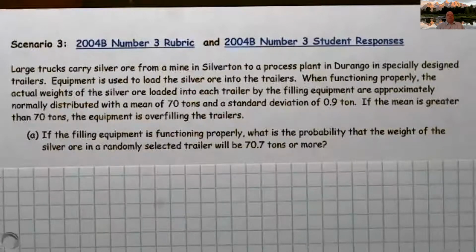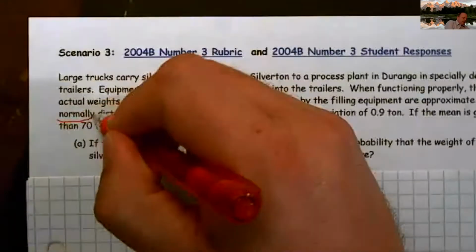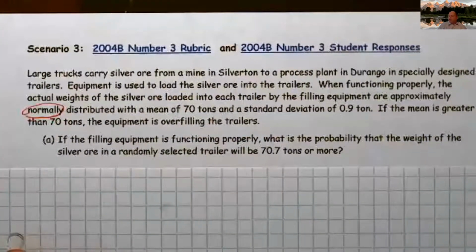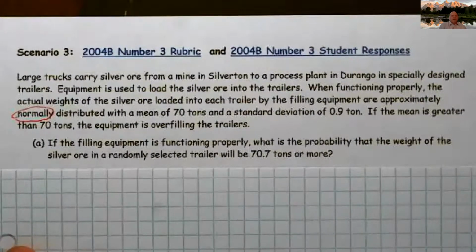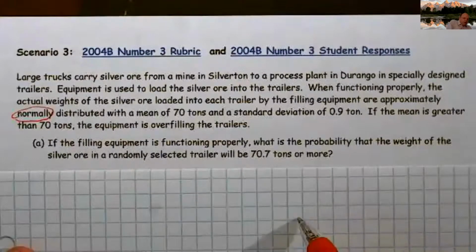When functioning properly, the actual weights of the silver ore loaded into each trailer by the filling equipment are approximately normally distributed, and that is a huge key word. If you see normal, it's like, okay, I probably can use the table. I'm probably going to have to do a z-score at some point. There's a lot of things that should be going through your head with a mean of 70 tons and a standard deviation of 0.9. And as soon as I hear that, it's like, okay,